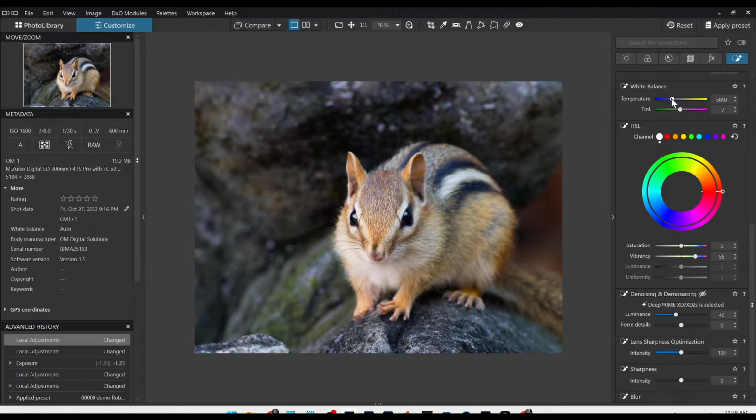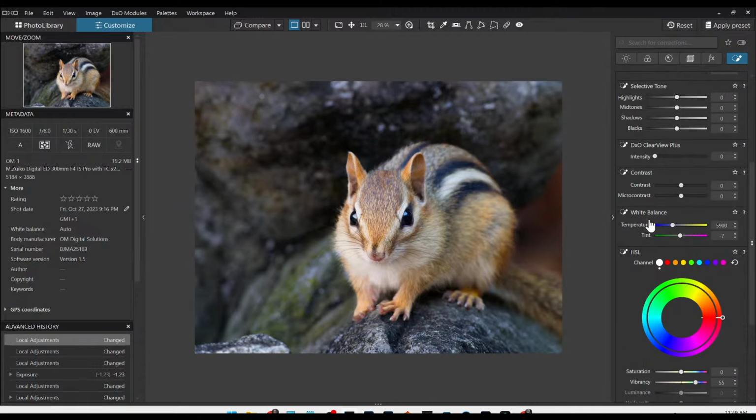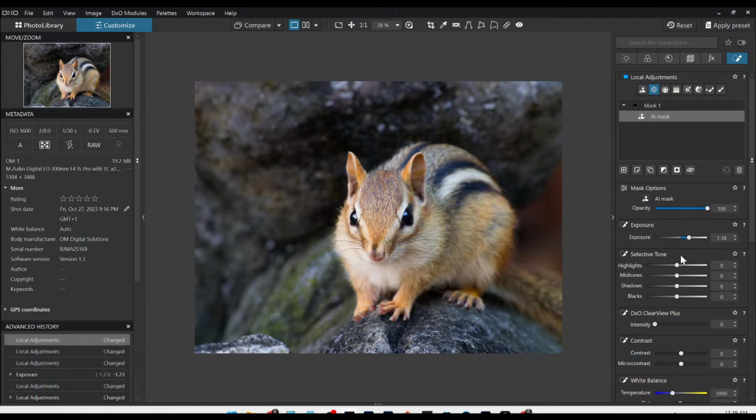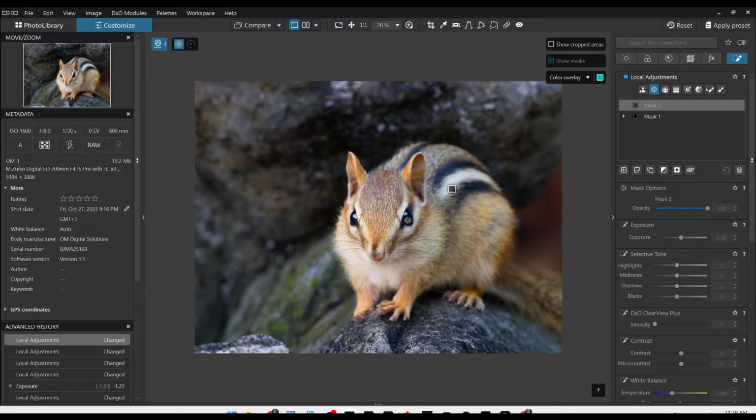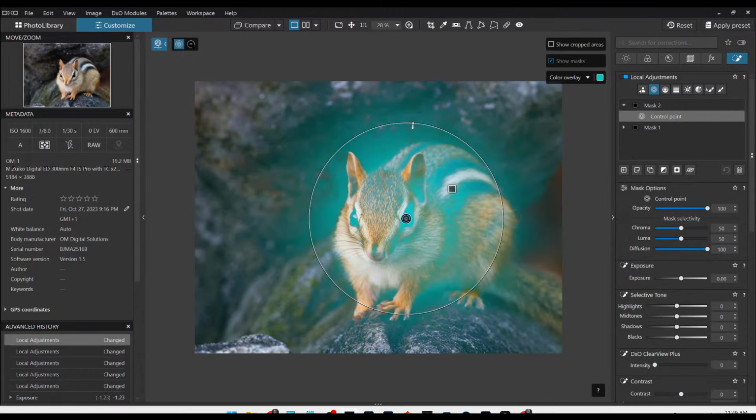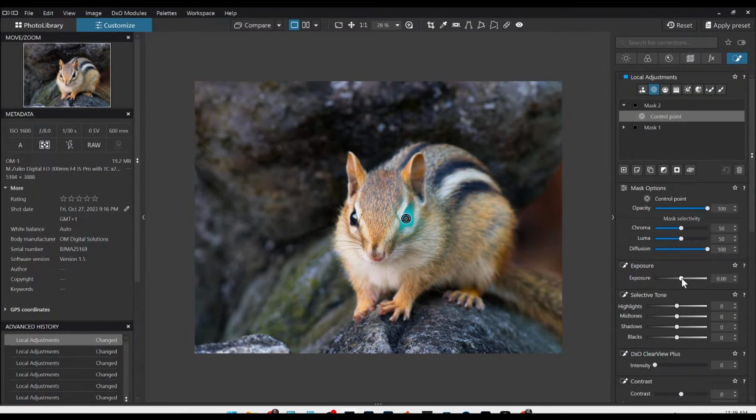Just about 100 Kelvin, maybe 200. Yeah. All right, then just spot hit the ears, the feet, the nose. I think the eyes are completely black. Let me just take a quick look. If I were to do something with the eyes,